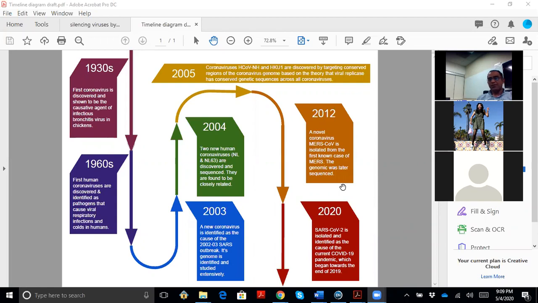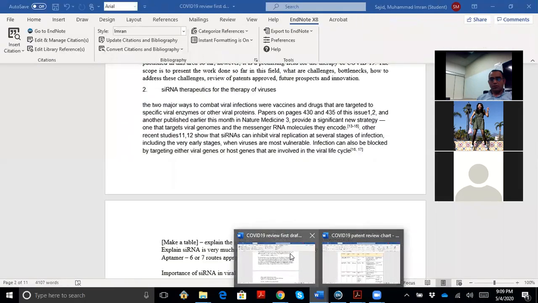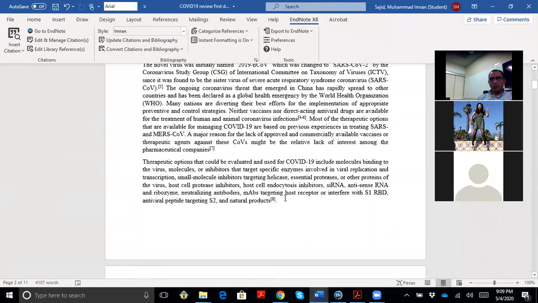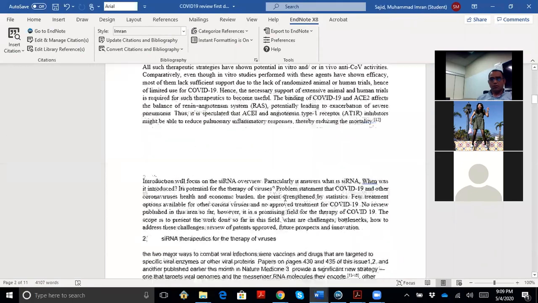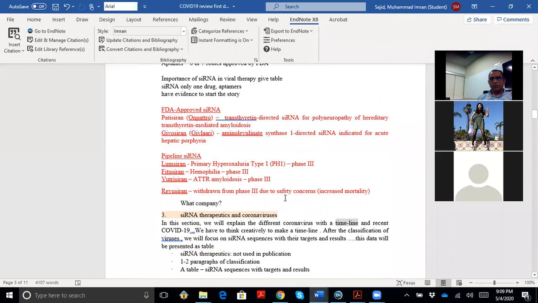So you were saying that you're writing something out of this timeline. Yeah, I wanted to expand on it, just give more details. I'm still in the middle of writing it, but I have the first paragraph.